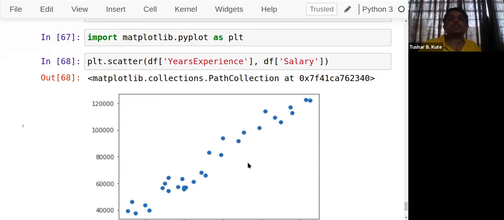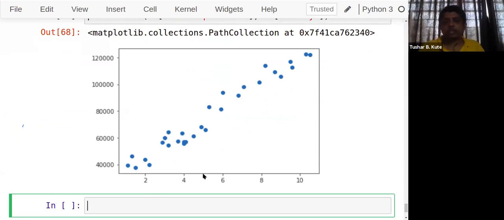See, this is the actual data set, which is shown by the scatter plot of matplotlib. You can see experience against salary, the data frame I took, and this is done. And now I will show this using the Seaborn library. You can observe that as experience increases, salary also increases. So it's a 45-degree line that we are getting over here. It contains some slope and the intercept also, if you're doing linear regression.